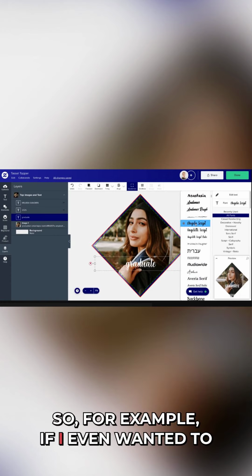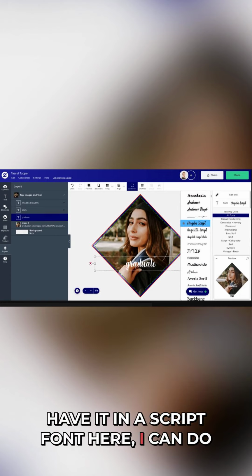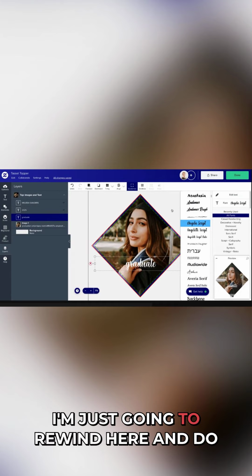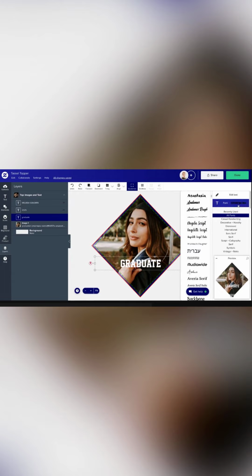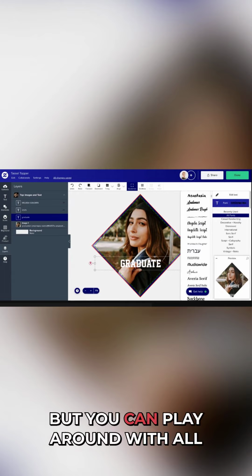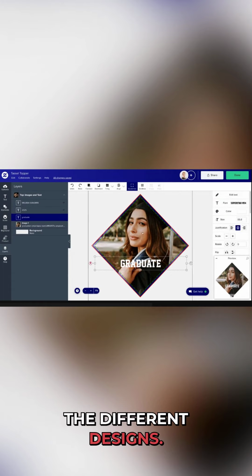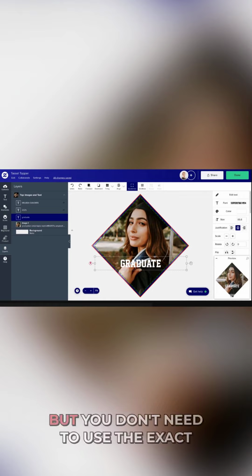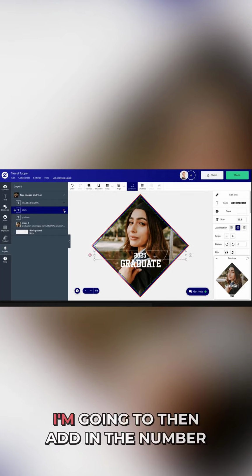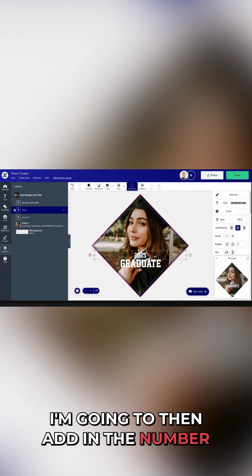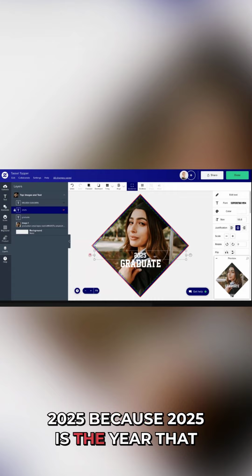So for example, if I even wanted to have it in a script font here, I can do that. I'm just going to rewind here and do undo because I've already created a nice design from what I've put already, but you can play around with all the different designs. Please, don't copy, use this as a guideline, but you don't need to use the exact same font and different sizes as well. I'm going to then add in the number 2025